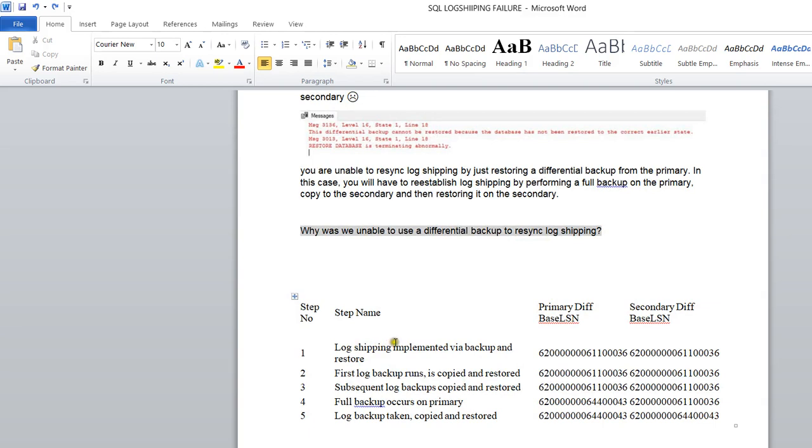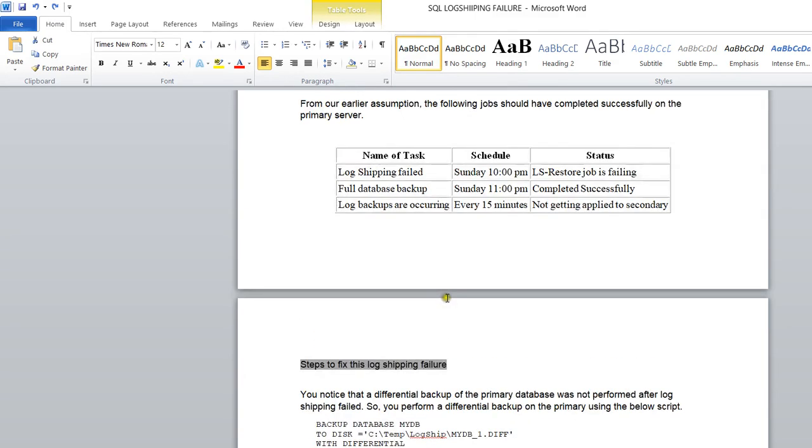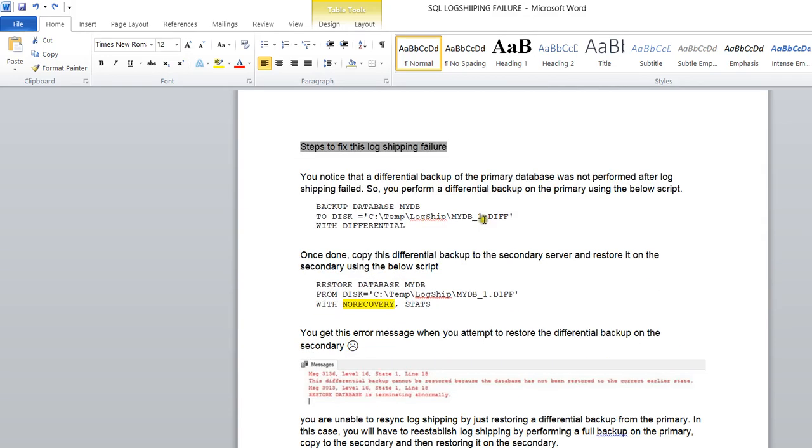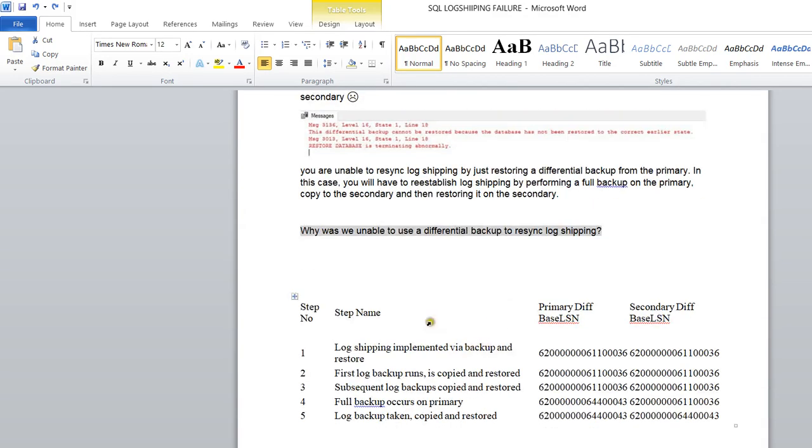So based on this LSN, you can easily understand why in scenario 2 we are not able to apply the differential backup. As you can see in step 4, the full backup had happened and the LSN changed. Once the LSN has changed, it's not replicated on the target secondary.